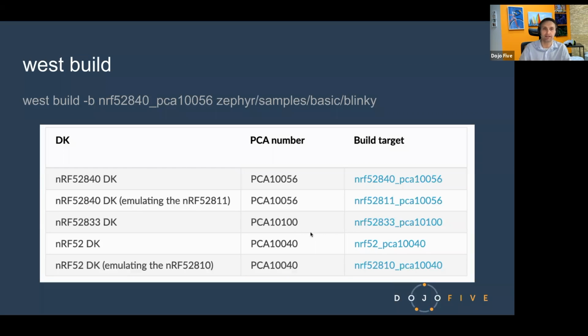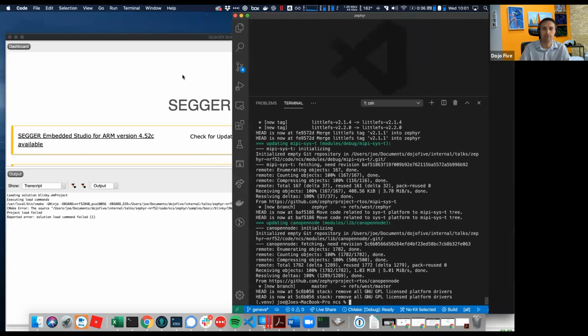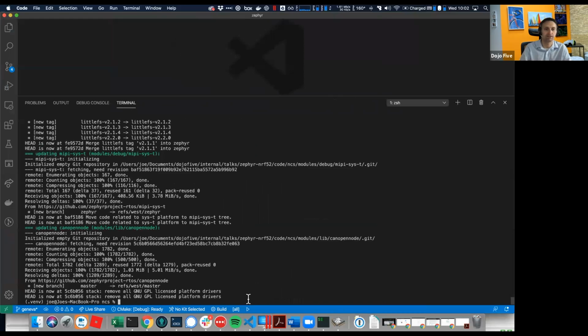So let's go back and check on our Visual Studio Code build. We are now done with our west update, and this is what it looks like. We've grabbed all of the different pieces that were part of all the sub repos. You can see we're grabbing some things under modules, some things under canopen, and we've got all of that now. So the next step is to